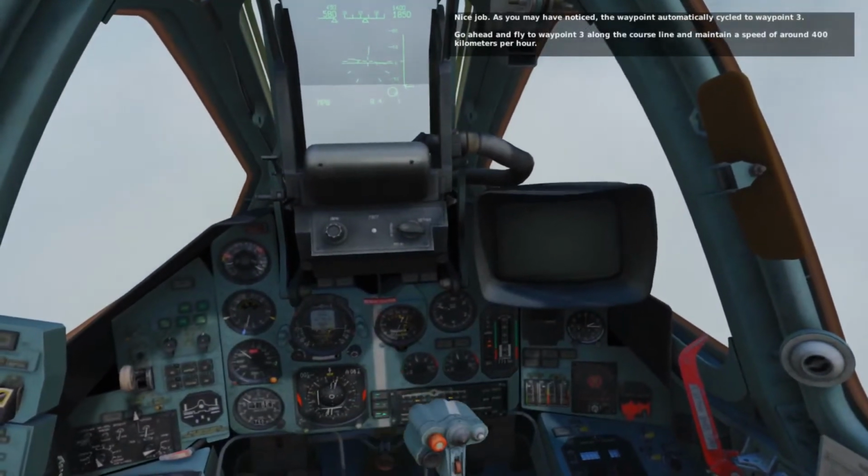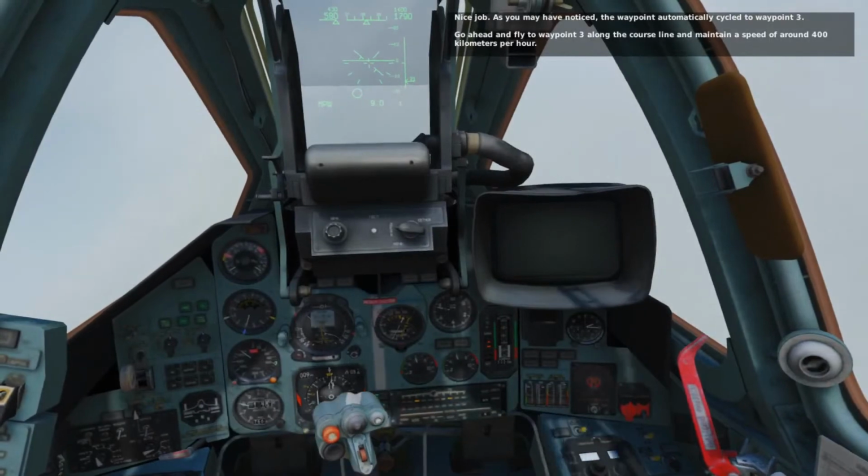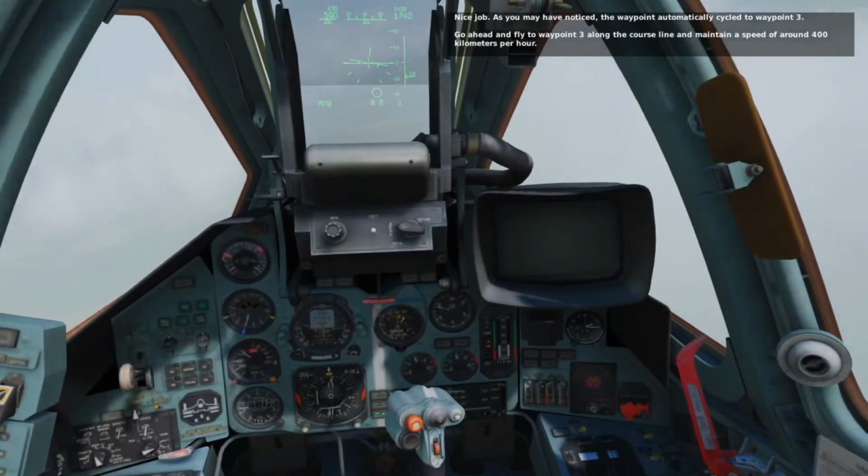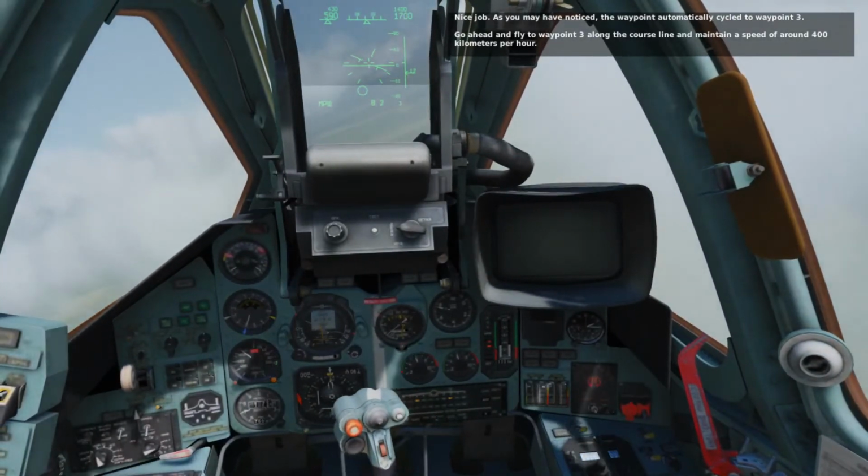Nice job. As you may have noticed, the waypoint automatically cycled to waypoint 3. Go ahead and fly to waypoint 3 along the course line and maintain a speed